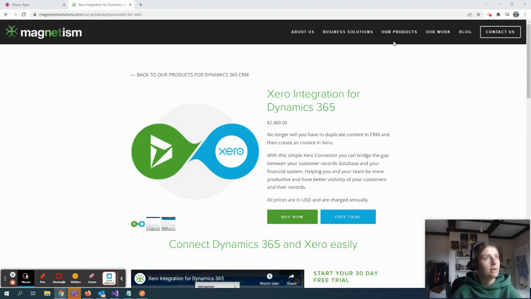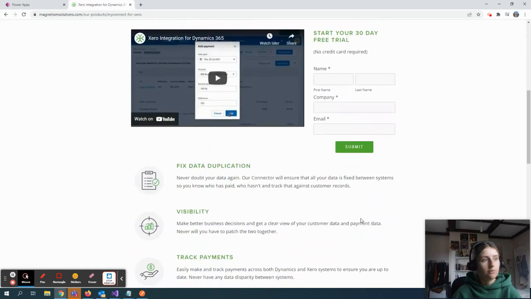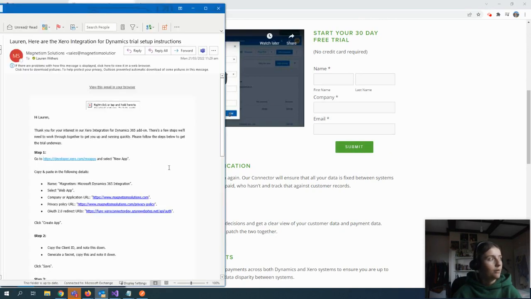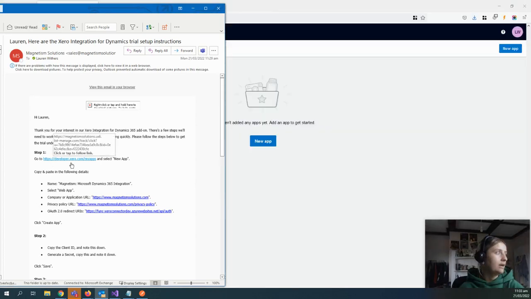So if you go to our website and go to our products, you'll find the Xero integration tool. Once you click on it, go to free trial, enter your details and press submit. You will shortly receive an email with instructions to follow. The first instruction will tell you to go to